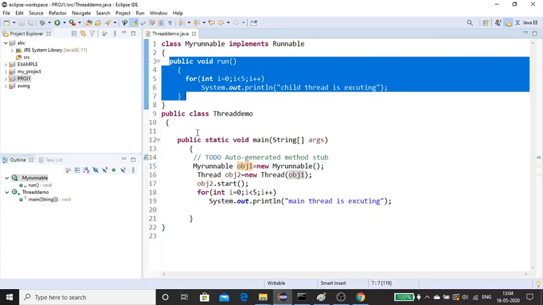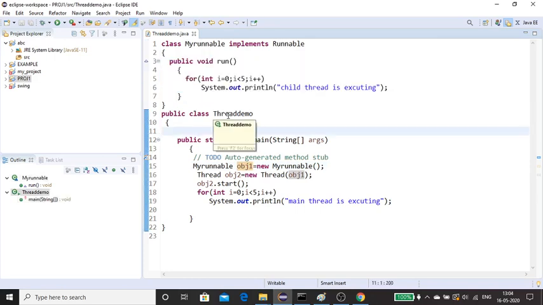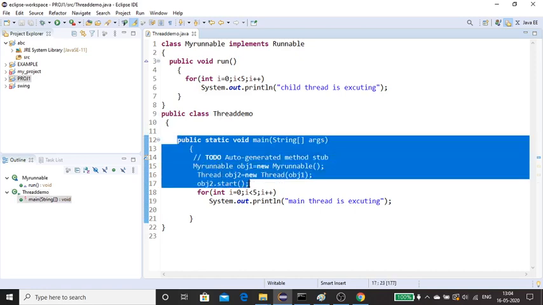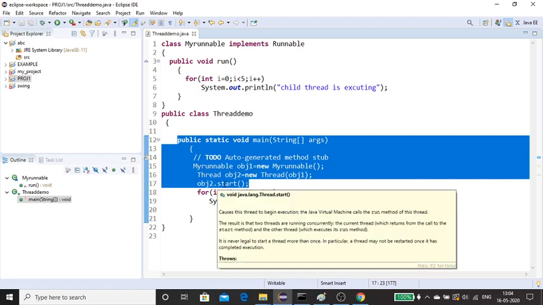By default there is one thread. We call that the main thread or default thread, which executes your entire program. The main thread starts executing from main and executes up to here. Once you call the start function, one more thread will be created. We call that the child thread.